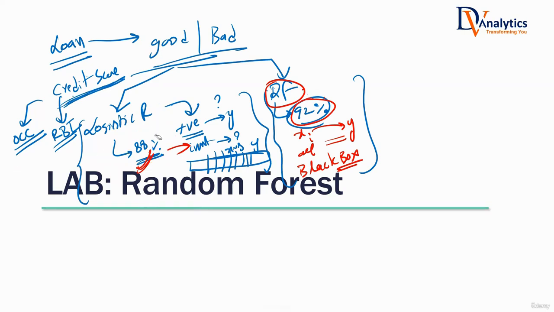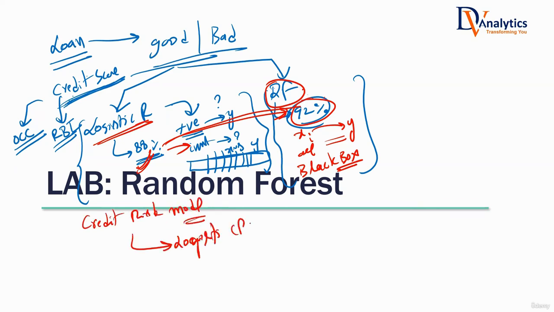That is why, even though logistic regression has lesser accuracy than random forest, even though it has lesser accuracy than several other complex machine learning models, this is the one that is still used today. When somebody says I'm working on a credit risk model, what is the model that is used nowadays also? Logistic regression. The project that you are working on, for the sake of practice, you will build random forest. But if in the interview they ask you which model you have built finally, what will be your answer? Logistic regression only.